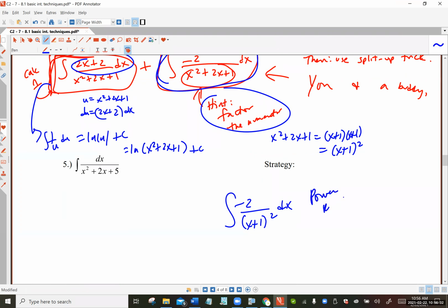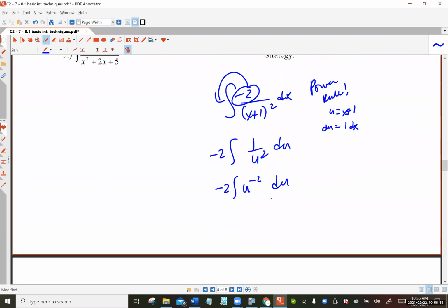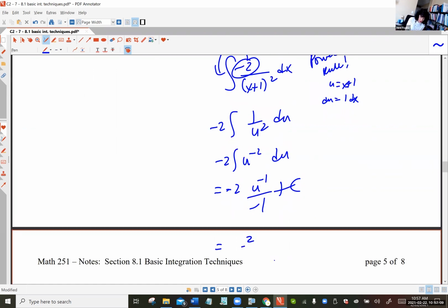So who's your u and who's your du for this power rule? x plus 1 and 1 dx. So this -2 is just a constant multiple, so it's legal to pull it out in front. In terms of u's, the intermediate step looks like the integral of 1 over u squared du. If I rewrite that as u to the -2 du, we can use our power rule. u to the -1 divided by -1 plus c. Please rewrite this, cleaning it up with no negative exponents. So this will be +2 over u plus c, but then you can put your u back in, which was